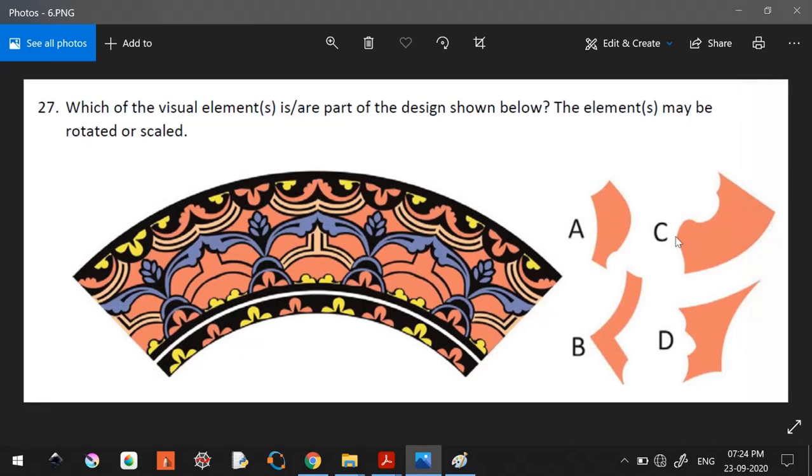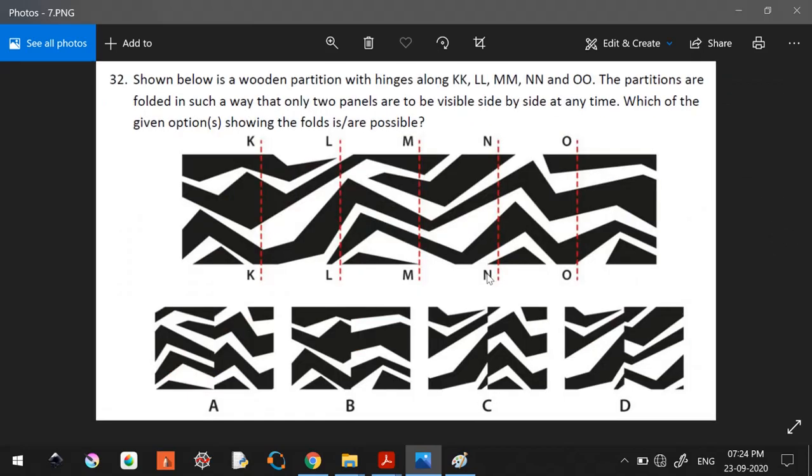That is one question. And this is another easy question, given this visual: which of the options given are part of this given pattern? That's what we need to identify. I'll tell some simple hacks, like tips, on how to quickly come up with the options. That is why I have taken this.